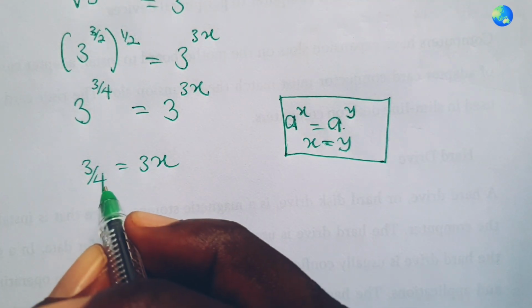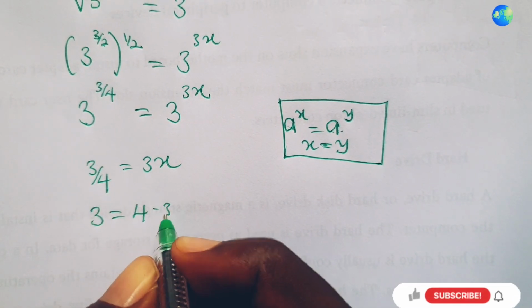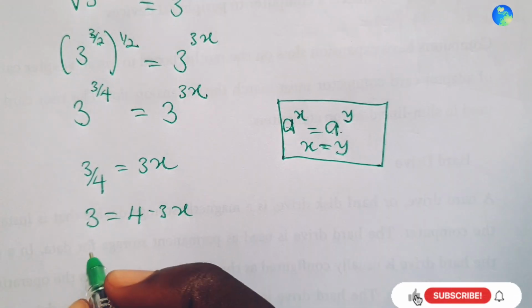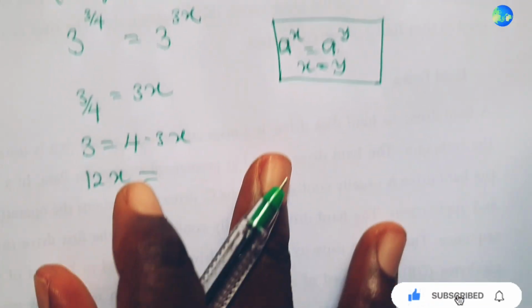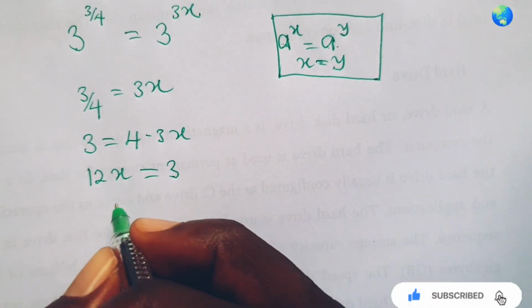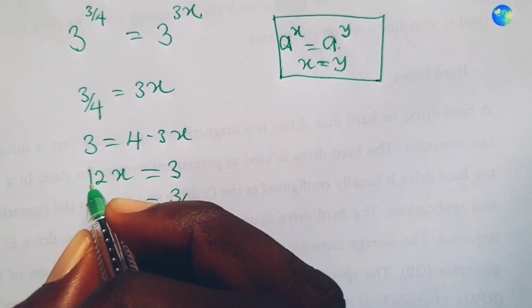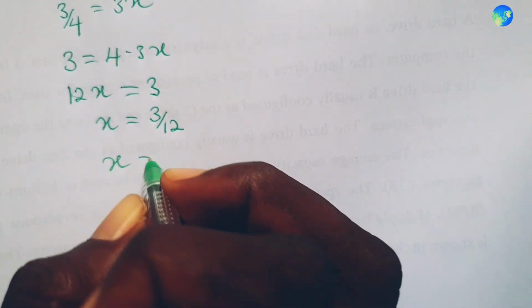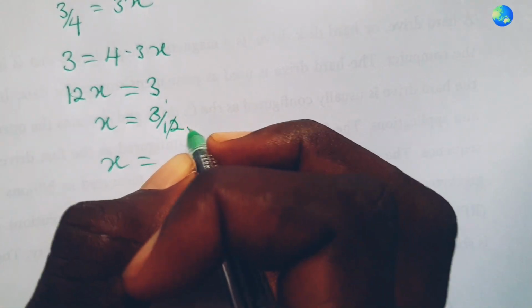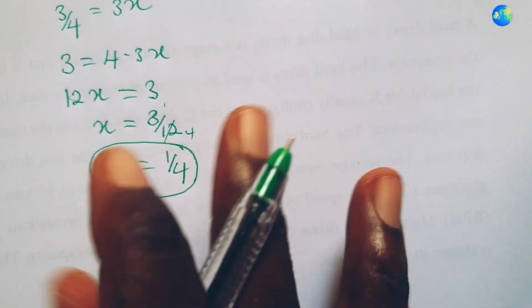So let's cross multiply. I'm going to have 3 equal to 4 times 3x, and 4 times 3 is 12. So let's write it to be 12x is equal to 3, which means x is always equal to 3 over 12 when I divide both sides by 12 here, right? And we can reduce this down: 3 here is 1, 3 here is 4. So this is 1 over 4, and this is the value of x